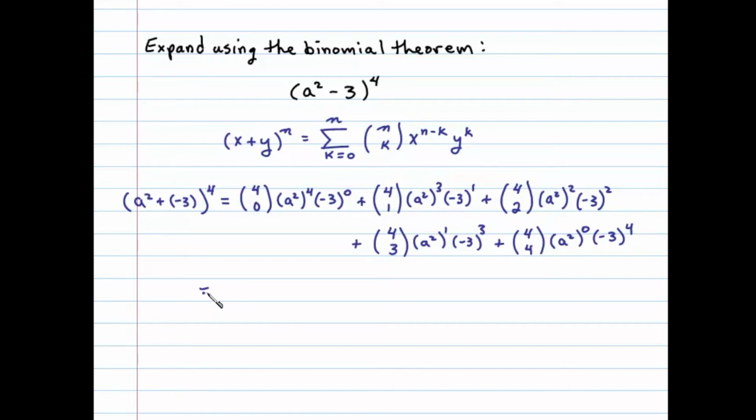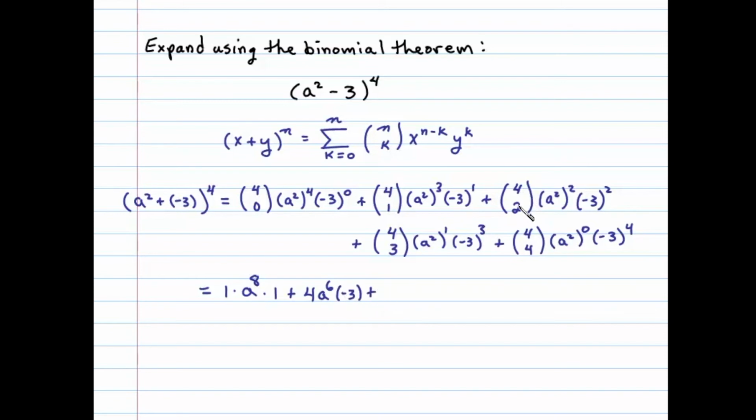Okay, once we expand using the binomial theorem, we then simplify. Now 4 choose 0 is 1, times a squared to the fourth power would be a to the 8th power, and then of course negative 3 to the 0 power is 1, plus 4 choose 1 is equal to 4, a squared to the third, it's a to the 6th, and then times negative 3,